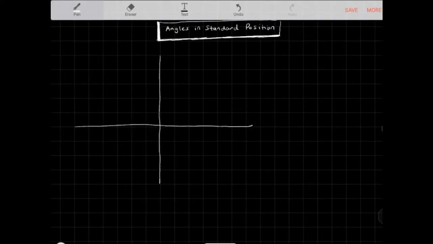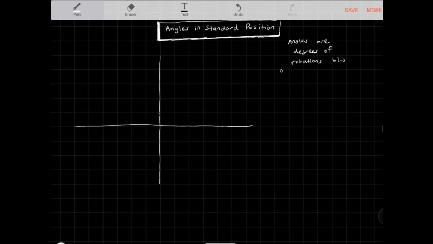Alright, so let's take a look at angles and standard position. And this is going to be a really useful model, especially when we look at future trigonometric equations, identities, as well as just in general the special angles when we look at the unit circle, right? So it is very advantageous to kind of understand angles in standard position. Now, before we can actually identify what that is, we need to understand that an angle is a degree of rotation. Angles are degrees of rotations